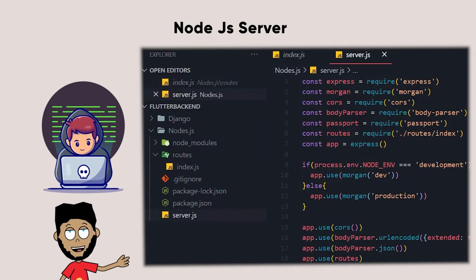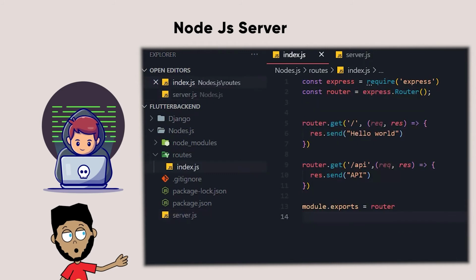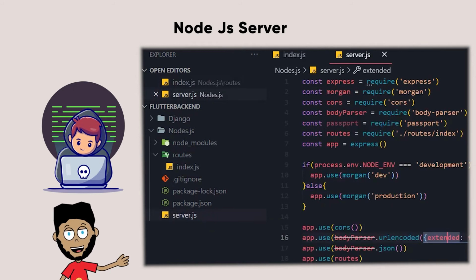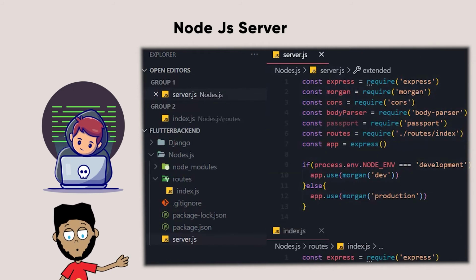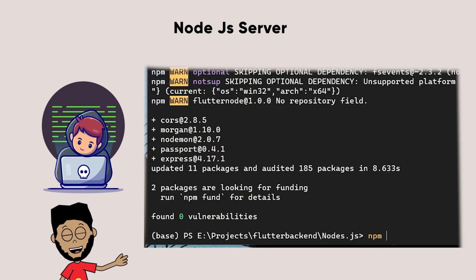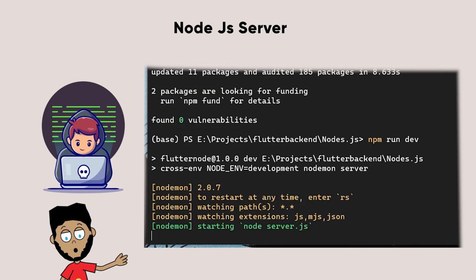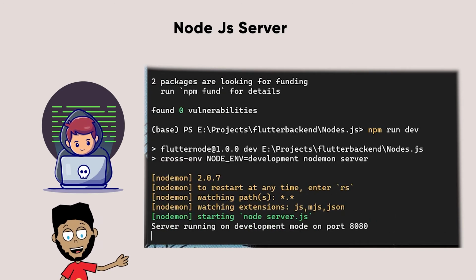So require will search for this variable which is router. Now we run the server using either the development server using npm run dev, or the production server using npm run production.